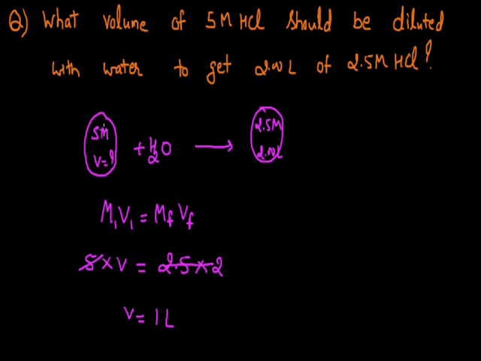That is the amount of this 5 M HCl solution that we are to take at the start, and by adding 1 liter of water to this, we finally get the solution with 2.5 M molarity and a volume of 2 liter. So that is the question based on dilution. Now some more concentration terms are left that we will be discussing next time.